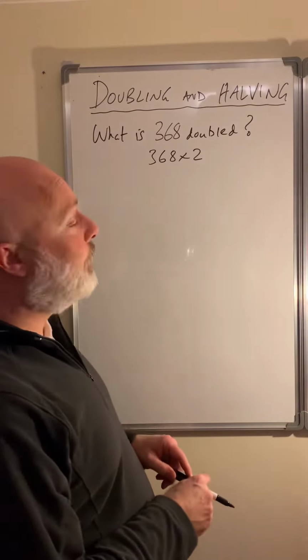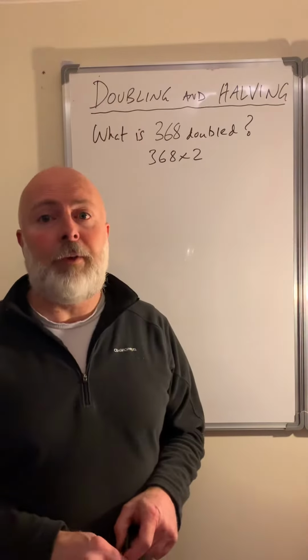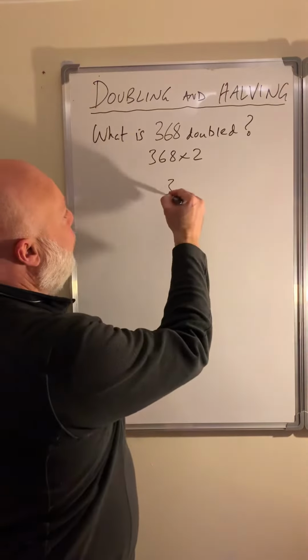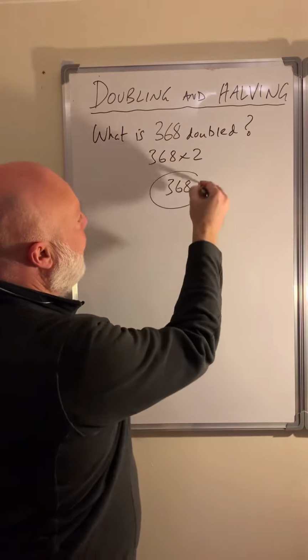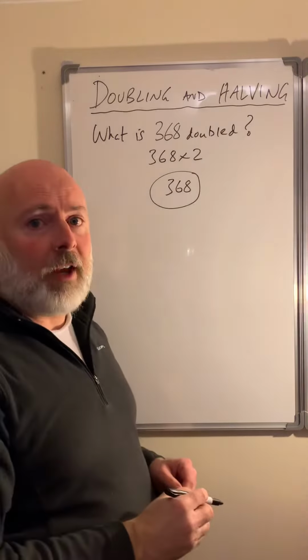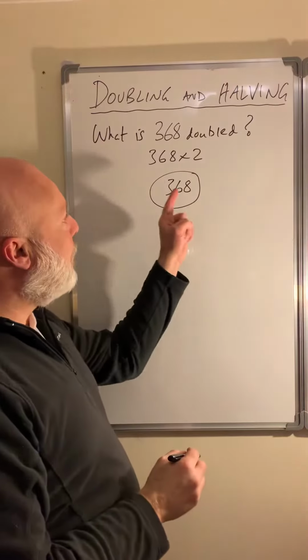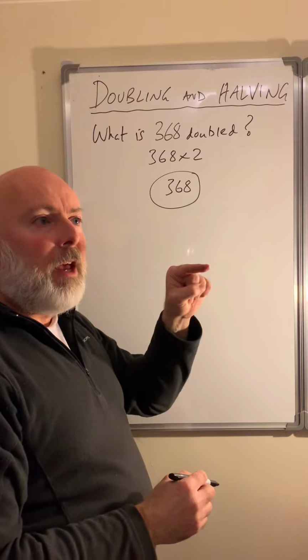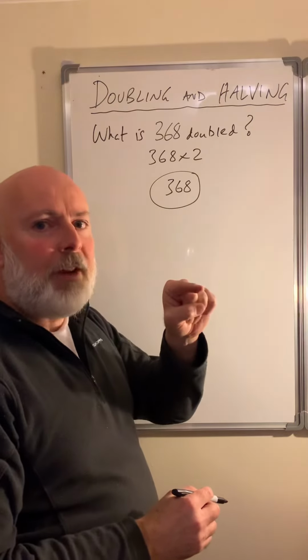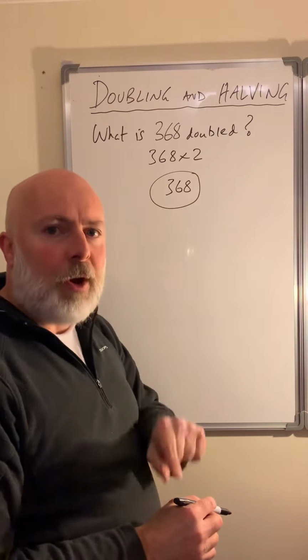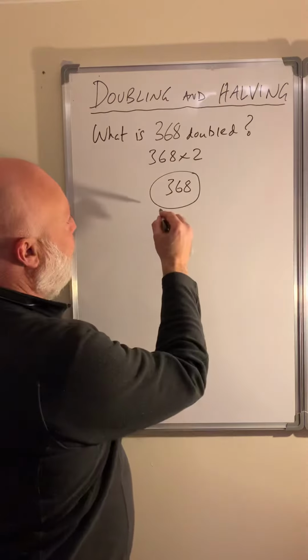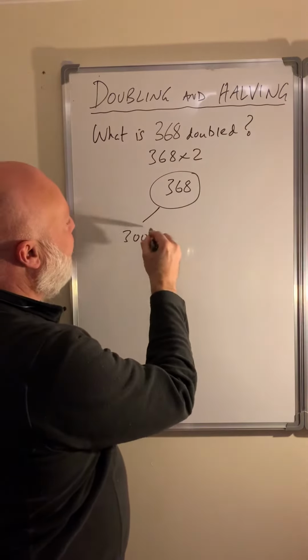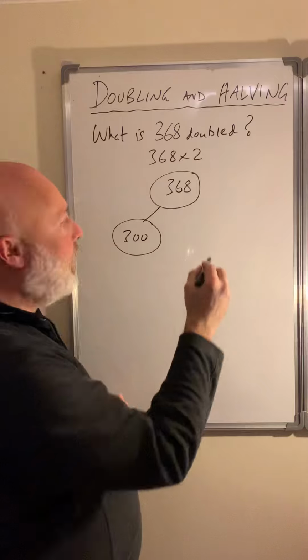368 doubled, which is 368 multiplied by 2. So let's start with the top of the cherry diagram, 368. Now, as you know, I want to multiply this by 2, but what I'm going to do is multiply components of that number by 2 and then add the components back together. So it seems obvious that this one is going to go into 3 parts,